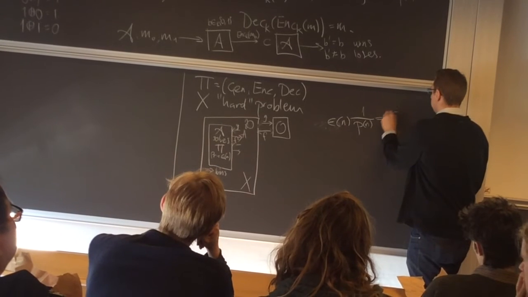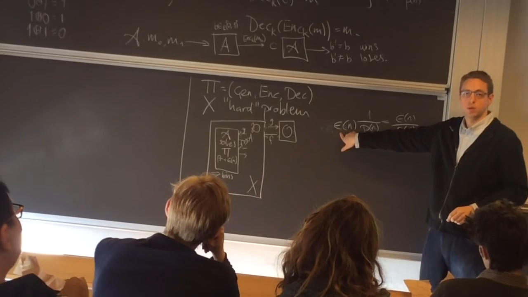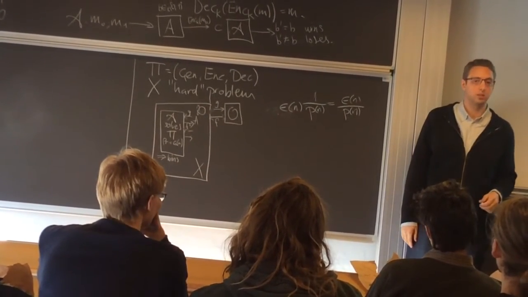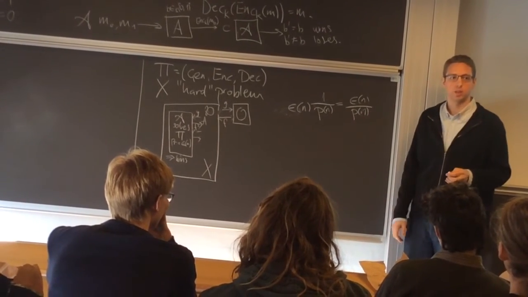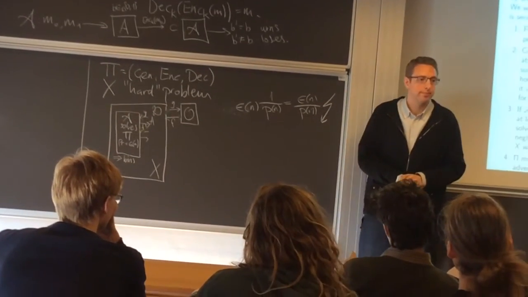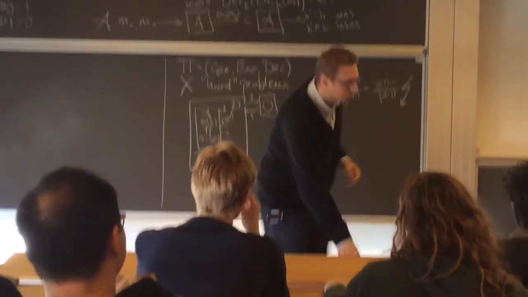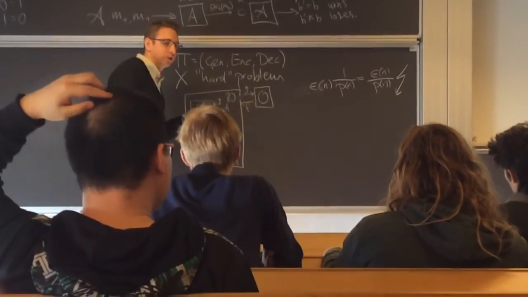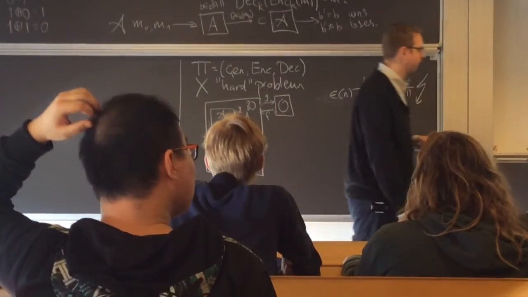But then this is going to be non-negligible, because we assumed this was non-negligible. And now we have that D actually solves X with non-negligible probability. But we assumed that X was hard, and that it couldn't be solved with non-negligible probability. So we got a contradiction, so pi must be secure. And that's basically proof by reduction, and you can make variations on it and really write it out, but this is essentially what it all boils down to. Once you understand this proof method, it's so much fun doing stuff in cryptography.